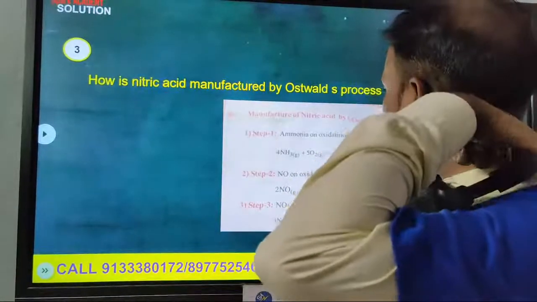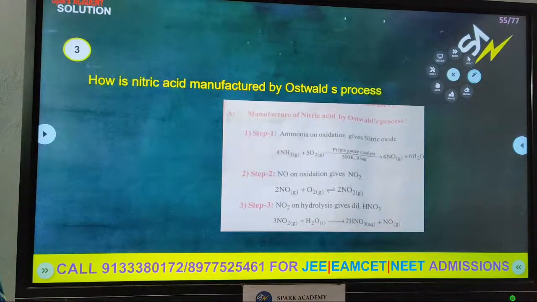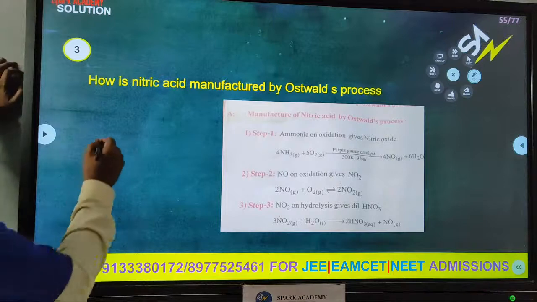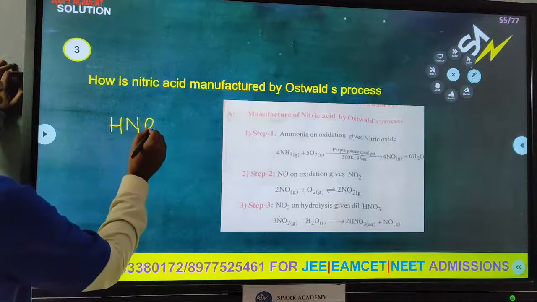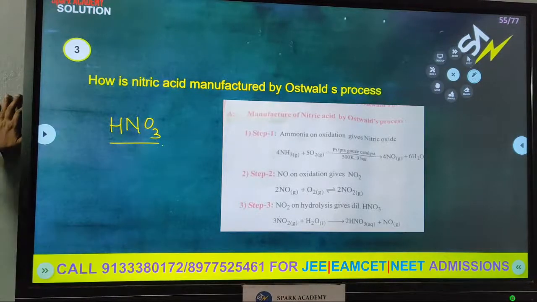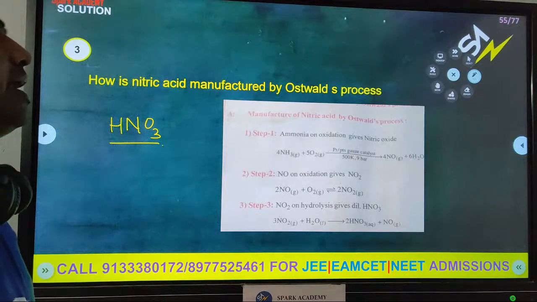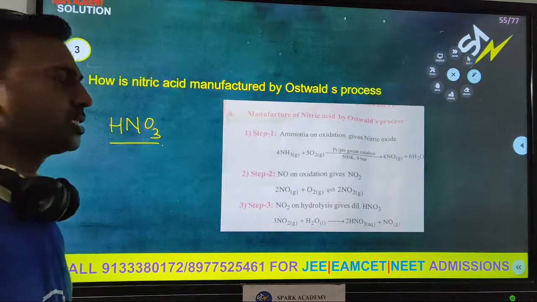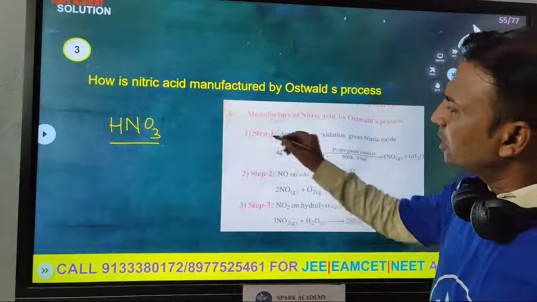So next, an 8 marks question. What is the next 8 marks question here? How is nitric acid manufactured by the Ostwald process? HNO3 is called nitric acid. We prepare nitric acid by several methods. In that, the important method is the Ostwald process. So how do we prepare nitric acid by the Ostwald process? We prepare nitric acid by the Ostwald process in 3 steps. Step 1,